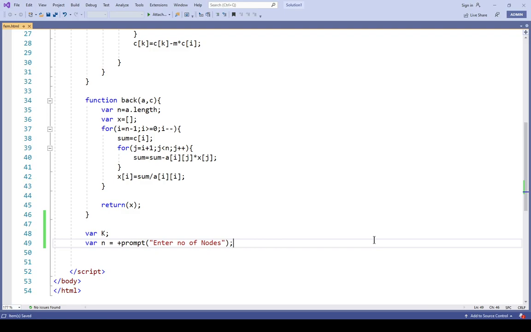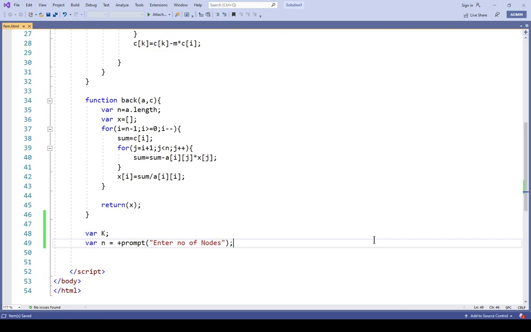A higher programming language also understands a number as alphabets. If you put 10, it understands it consists of the character 1 and the character 0, and we need to convert it into a number. To convert into a number, I require this plus sign in front of my prompt.